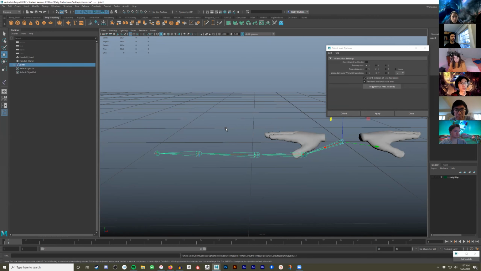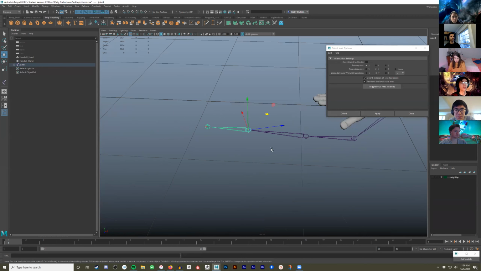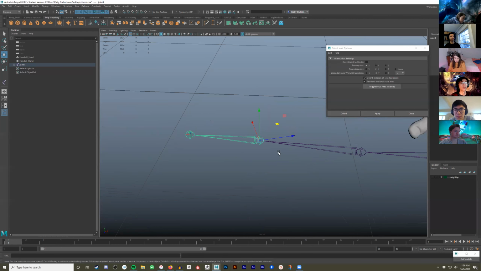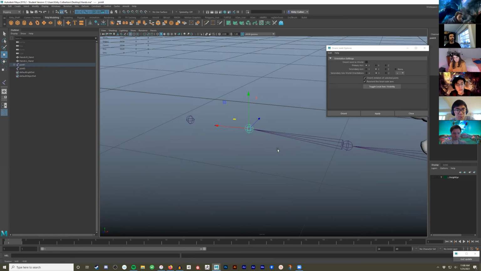The other way you could do it, okay, so if this is like that, what you could do is just select joint and hit freeze transformations, or actually, sorry, select this joint, unparent it from this one, because what you would want is to keep this in the exact same place, but you need to rotate this to be correct. So you can unparent, no, it no longer is connected, and either eyeball it, so you can just rotate